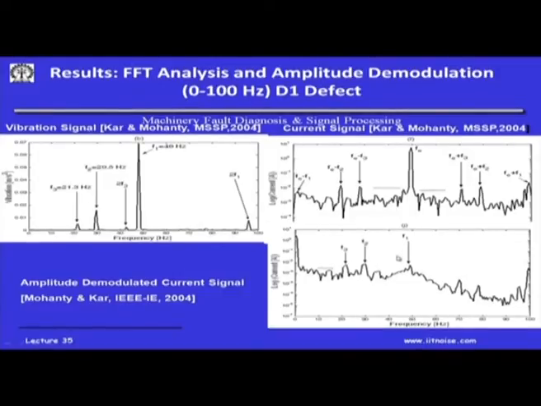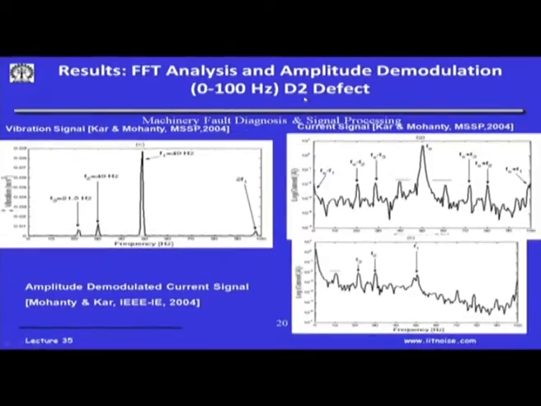Now, imagine you do not have to go close to the gearbox, inside underground to the pump. You can be sitting in your control room, measuring the current, doing this kind of analysis, and all you do is find out the amplitudes at F1, F2, F3 in the current spectrum.